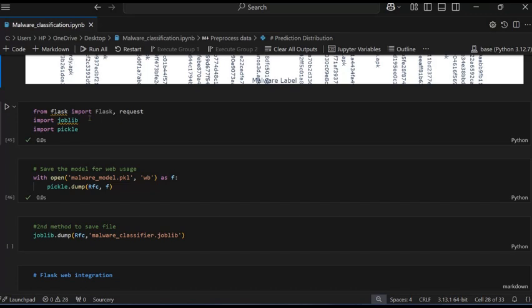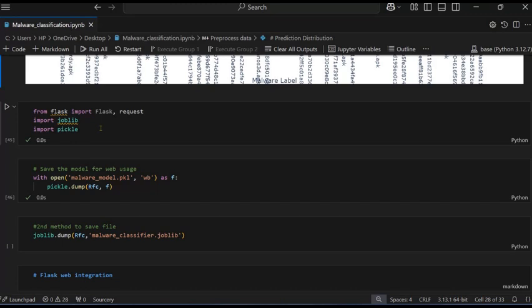Flask is a web application framework written in Python with Jinja2. Also, this is the module import: joblib is also a library, and pickle is also a module, and joblib is also a module.